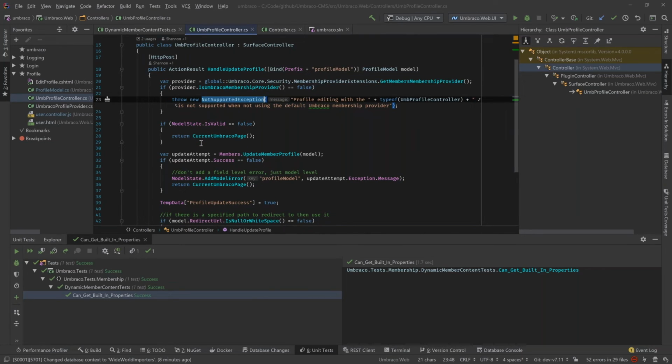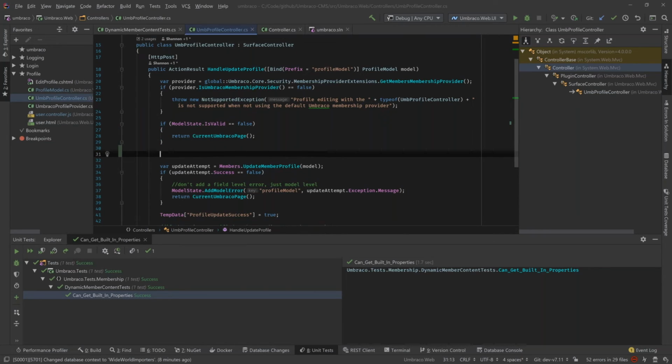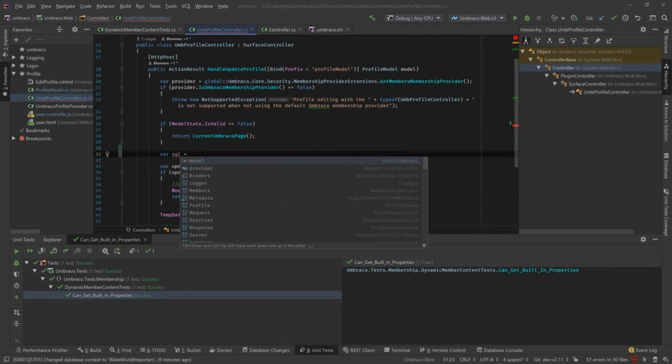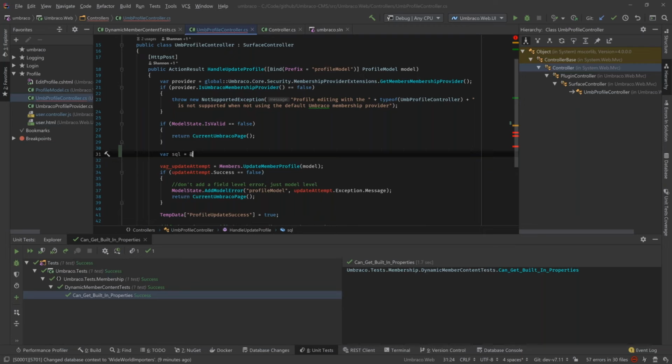The next thing is I use Dapper a lot. It's kind of an ORM alternative to Entity Framework. And in Dapper, a lot of times you will have strings with SQL statements in them. If you haven't used it, don't knock it till you try it. But you do things, so var sql equals, I'm going to make a literal out of this and show that within here, I can do,